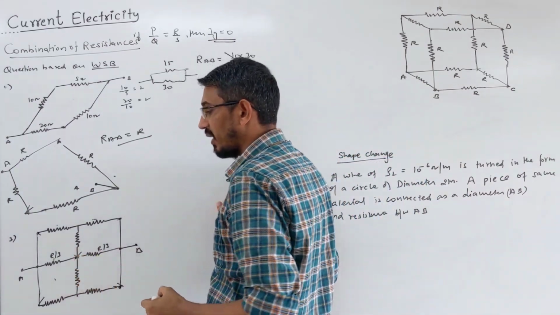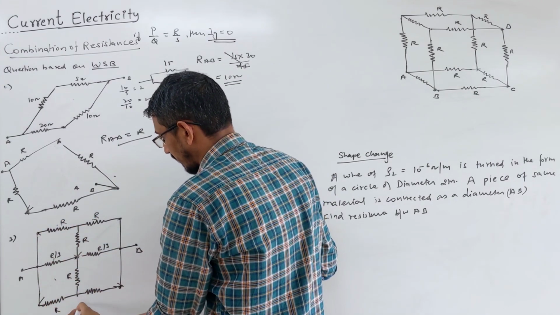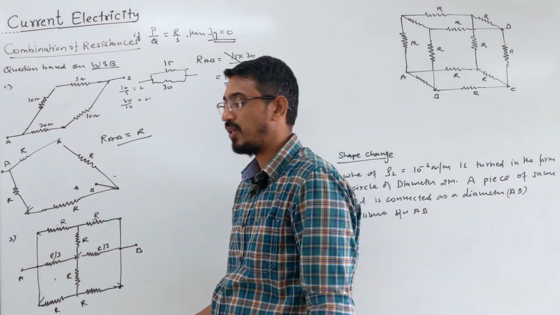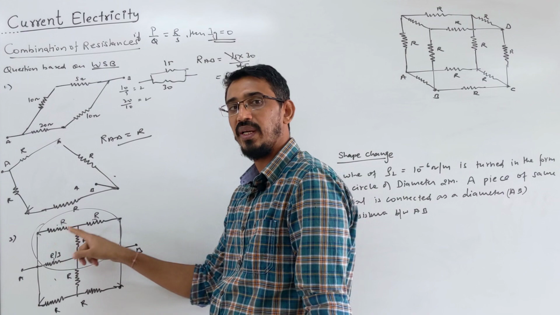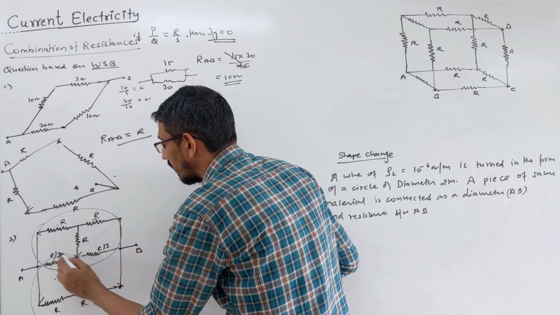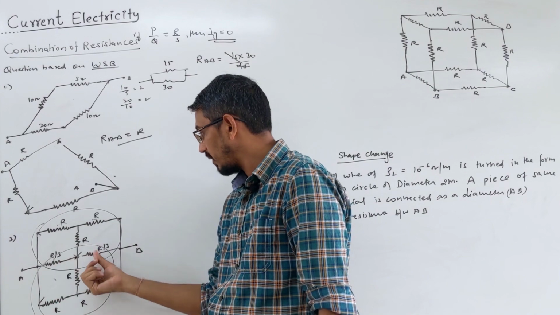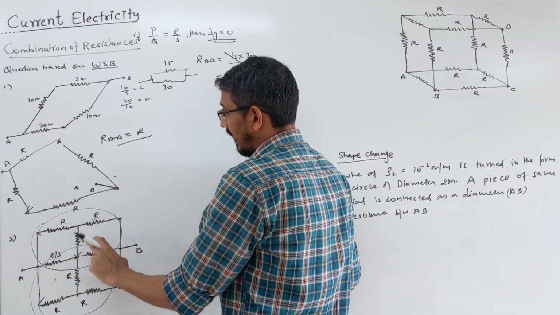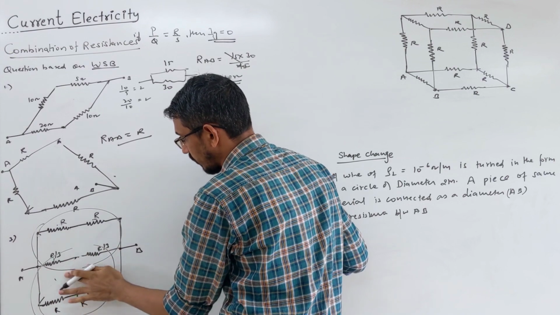If you watch carefully now, these values, this is R, these are R by 3, this is R, that's R, that's R. There are two Wheatstone bridges together here, not even one. They have given two Wheatstone bridges. How? If you look at the top part, the top 5 resistances, P by Q, R by R, this is R and S, this is the middle resistance. And if you look at the lower part, this branch is common. This resistance P by Q, R by S. So there are two Wheatstone bridges. They are balanced, this condition is satisfied. So this branch you can remove and this branch also you can remove.